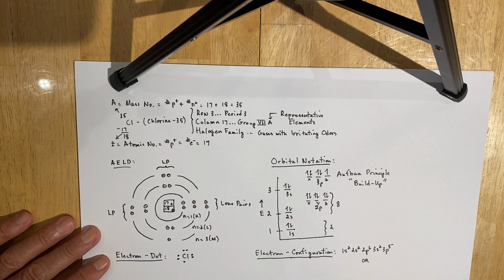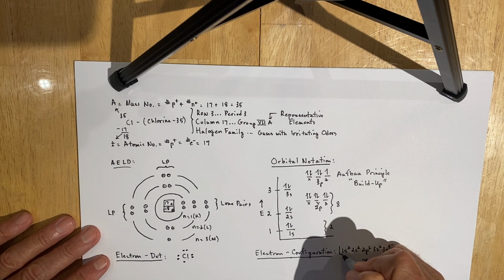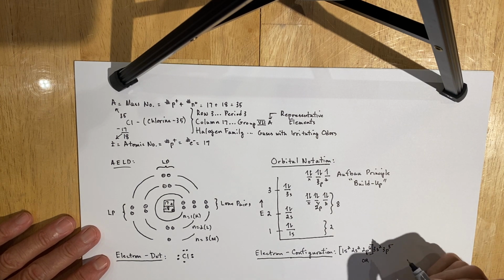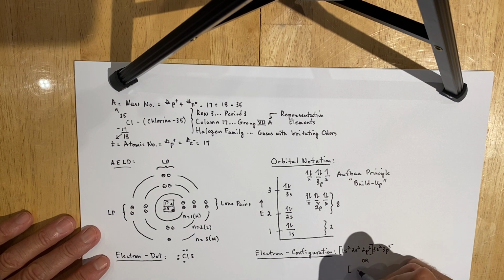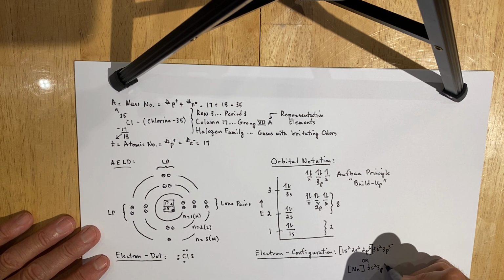Again, we can use shorthand notation by recognizing that 1s2, 2s2, 2p6 is the configuration of neon, and then we're adding 3s2, 3p5 to the outer configuration. So this is our outer configuration,